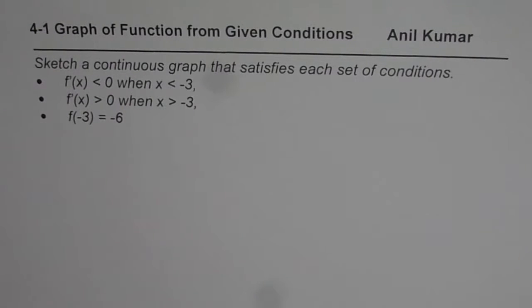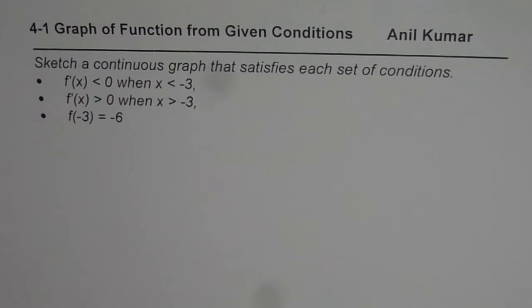I'm Anil Kumar and we'll explore how to sketch the graph of a function when we are given information about its derivative. The question here is: sketch a continuous graph that satisfies each set of conditions. f'(x) is less than 0 when x is less than -3. f'(x) is greater than 0 when x is greater than -3, and the value of the function at -